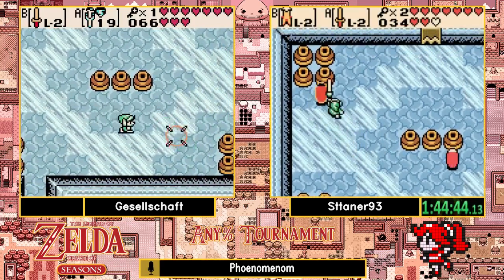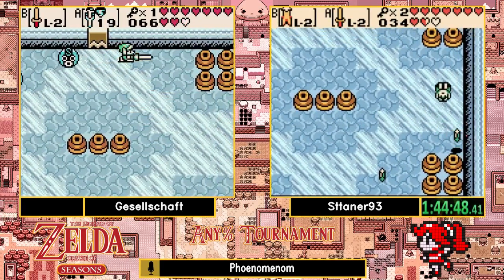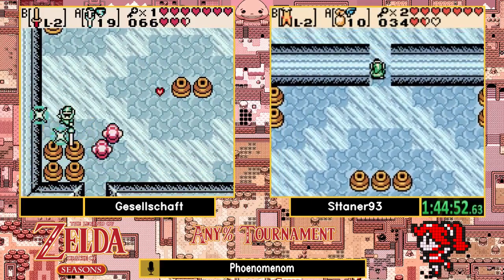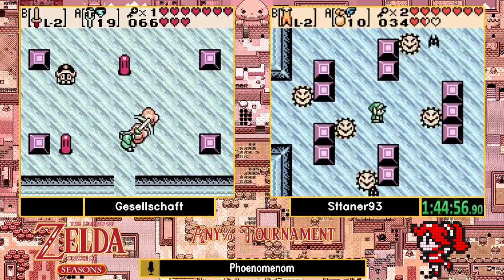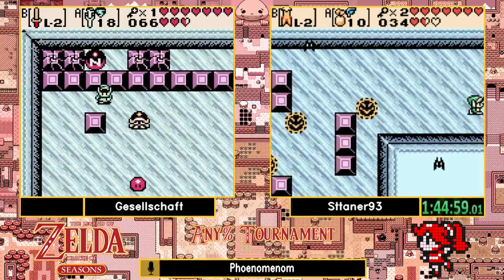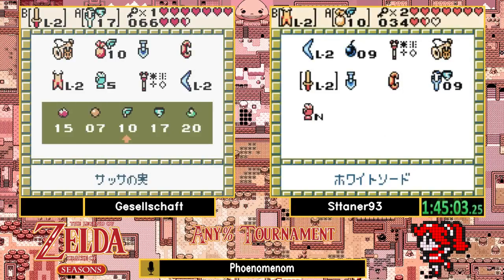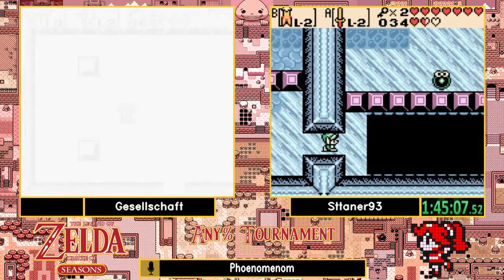Oh my. Okay, our runners are very close. Stanner's still technically ahead because Giselle will need to pick up the key from the Zoles and the Beetle in the next room, whereas Stanner can just walk on by. So Stanner ahead, but it is now neck and neck. We have a race. We have a race. We're gonna see here